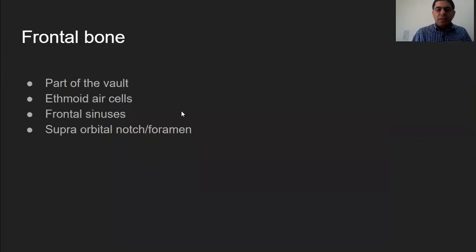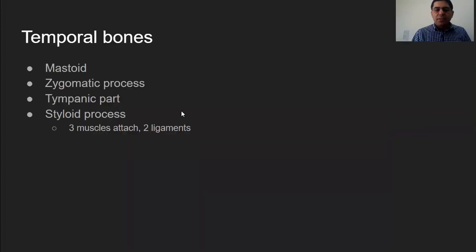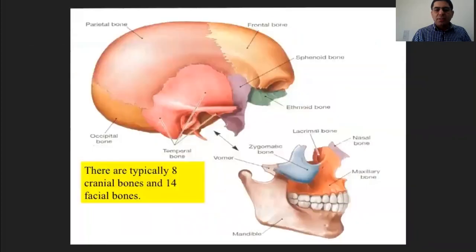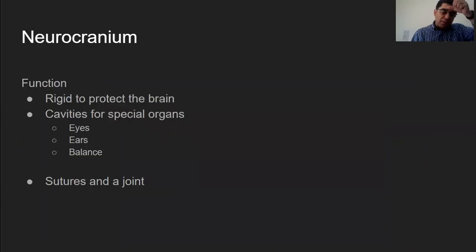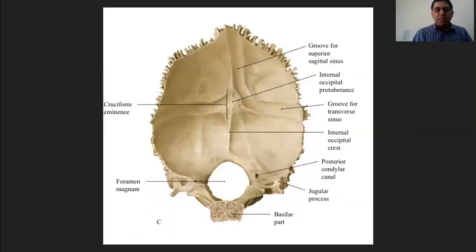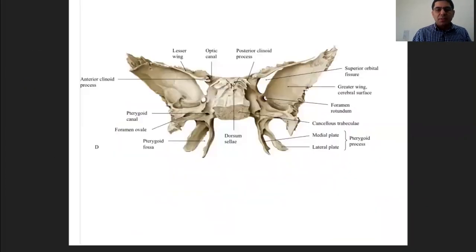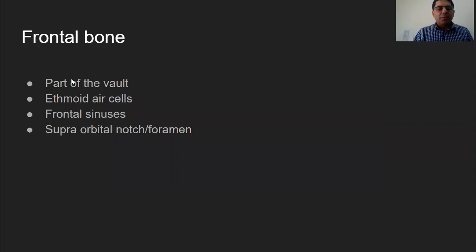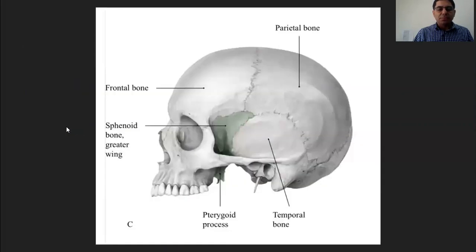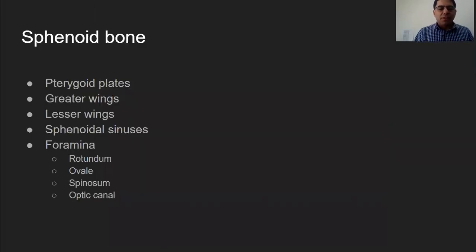So it's kind of like, let me see if I can find another. No, we can't find it there. I'll show you in the lab as well what this is. So it's kind of like a foramen, and we need to know that foramen. It's very important where the supraorbital vessels and nerves come out. Ethmoid, frontal sinuses, and supraorbital notch or foramen. Next is the sphenoid bone. And the sphenoid bone is